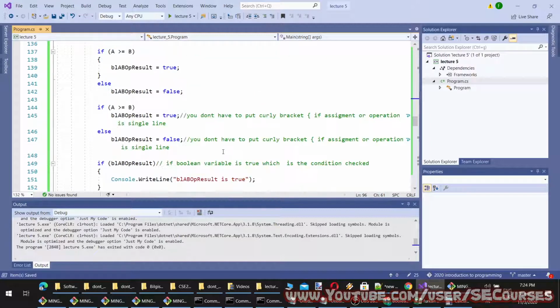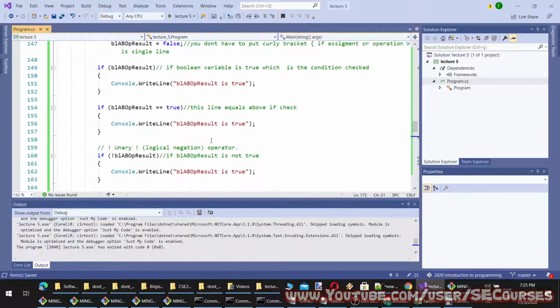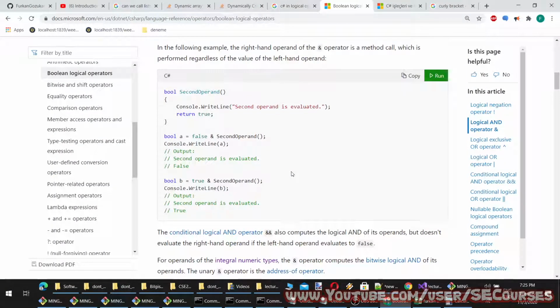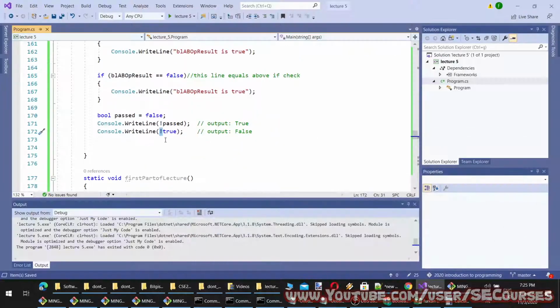Okay. And you see these are all logical operations. Let's say I am defining a boolean which is false. If that boolean is false, it will output true, and if the boolean is true, it will output false when I use what? When I use logical negation. And there is the logical AND operation, which is like this, or perhaps make it like this.